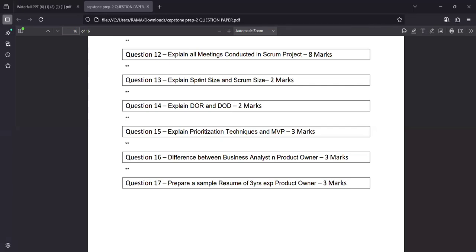Let us know what a sprint size is. Sprint size means the duration of a sprint, like how long a team works to complete a set of backlog items. Usually it will be 1 to 4 weeks. For a Scrum team, we can call sprint size a time box: a period of time to complete a particular sprint.